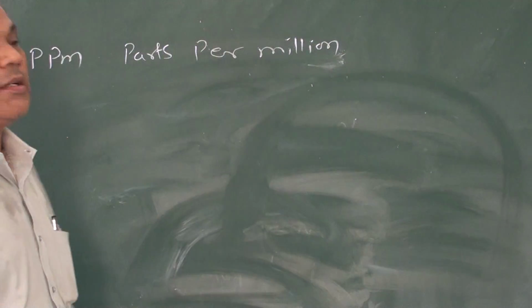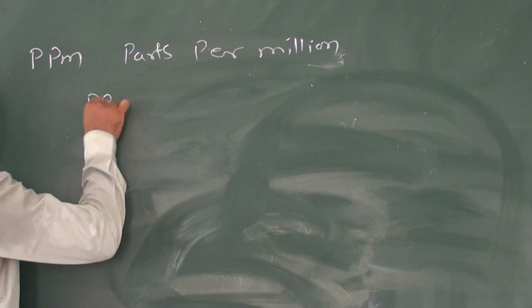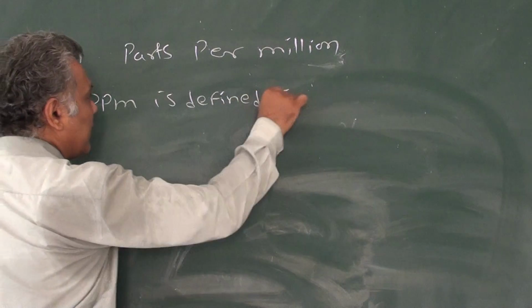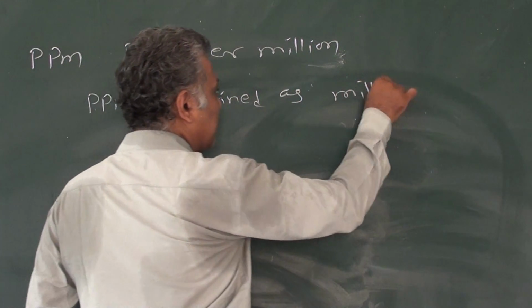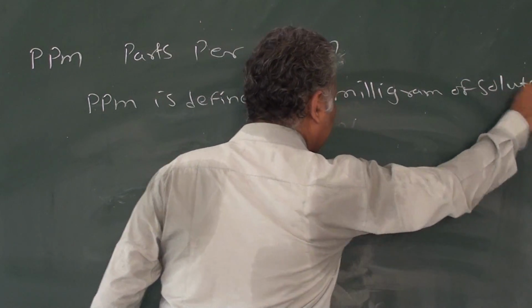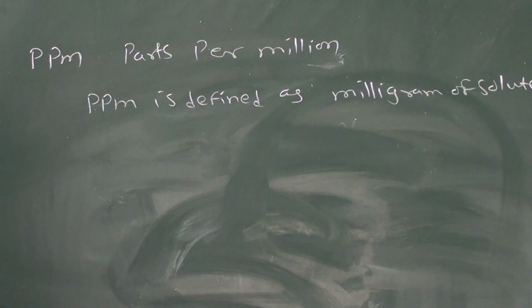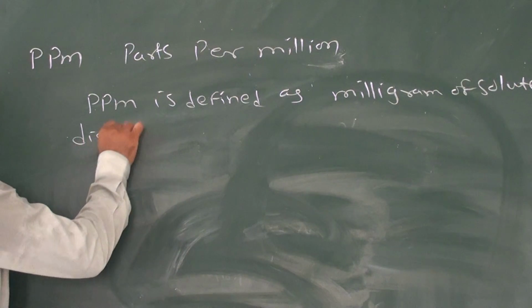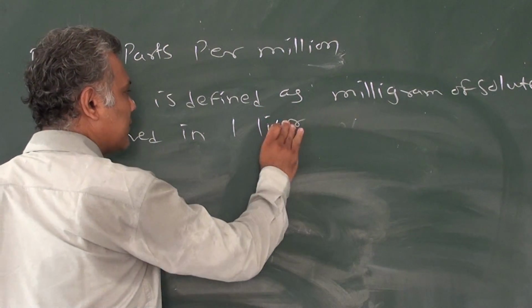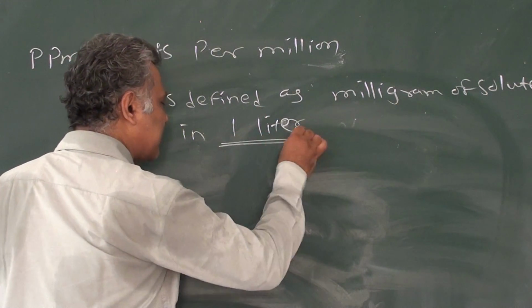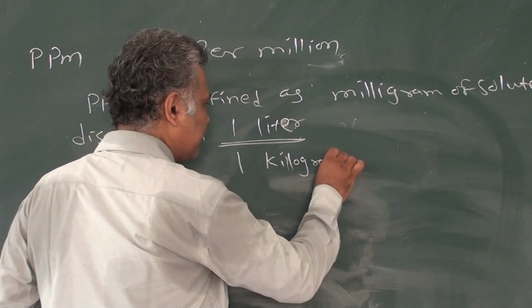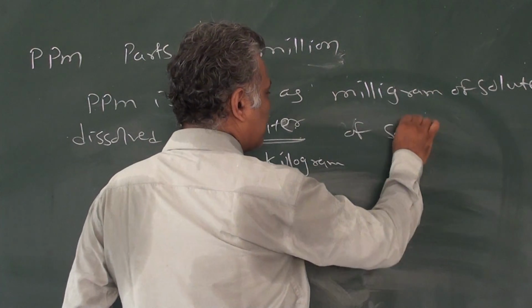Again, we will write the definition for it. ppm is defined as milligram of solute dissolved in 1 liter, or you can say 1 kilogram of solvent,